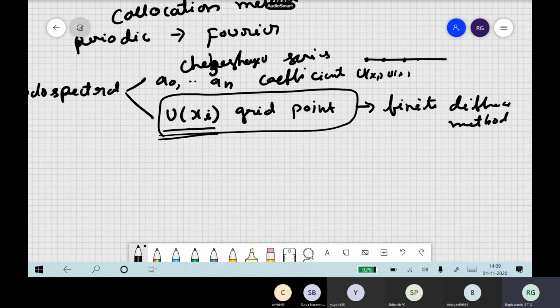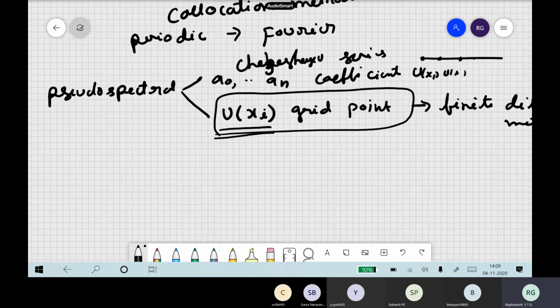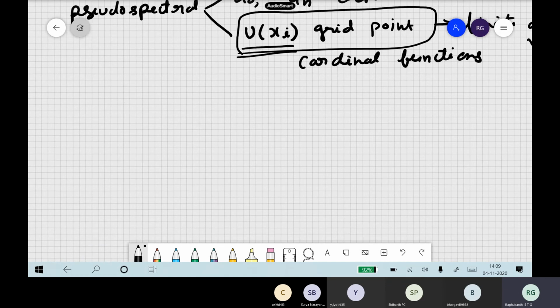Now in pseudo spectral method, these displacements you can represent in terms of some series expansions, and these coefficients are also linked to them. So you can also solve similar to the finite difference method with this pseudo spectral method itself. That's why the interpolation, the cardinal functions and other things come into the picture here. Anyway, let us see this in great detail. So there are two ways, and last class we started this interpolation.